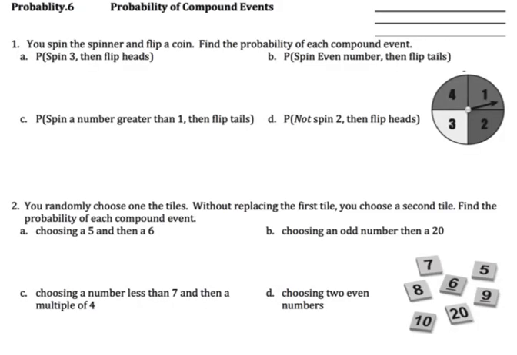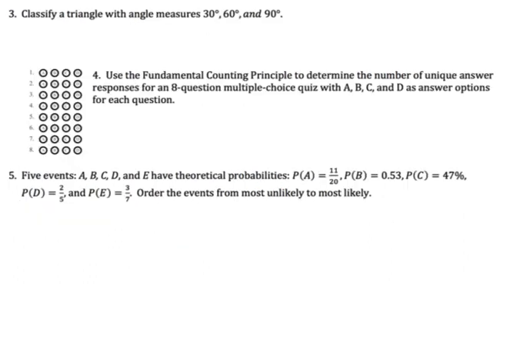Okay, in your assignment, on number 1, you're just calculating some probabilities. Just find the probability of each event and then multiply them together. Same with number 2. The difference here is in number 2, you're not replacing. So these are going to be dependent probabilities. Number 3,